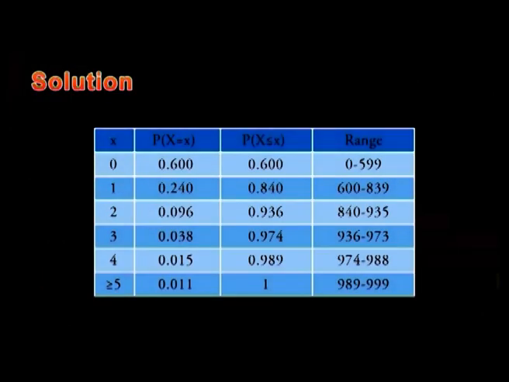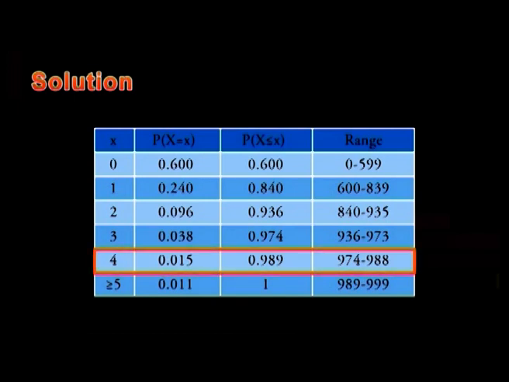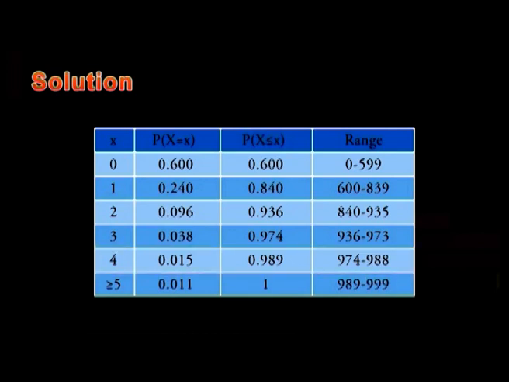Next, to simulate the random observations, first we find the table as given. Here, we do not have the last value of x. Since x takes the values from 0 to infinity, we find p of x and cumulative probabilities of p of x less than or equal to x simultaneously. Observe that when x is equal to 4, we get cumulative probability as 0.989. Hence, we combine other values of x and write greater than or equal to 5, and the remaining probability we assign to this class, that is